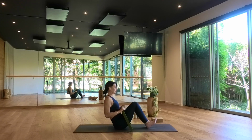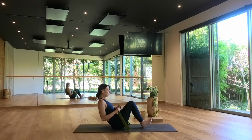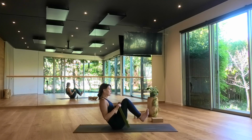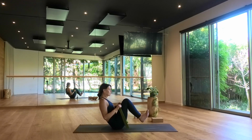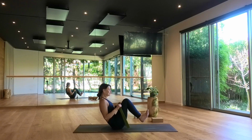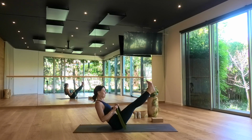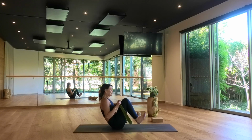Then lean back onto the soft part of your buttocks and float your heels a few inches from the floor with your toes flexed. So really try and tuck your knees in toward your chest, find your balance, connect with your core, then lift your sternum, shoulders down. Inhale here, straighten your legs forward, and then exhale, tuck your knees back in